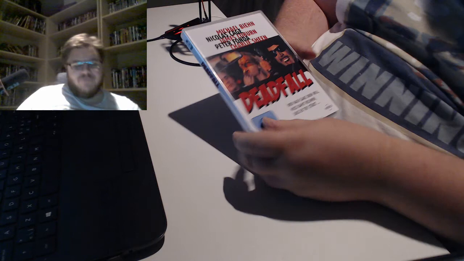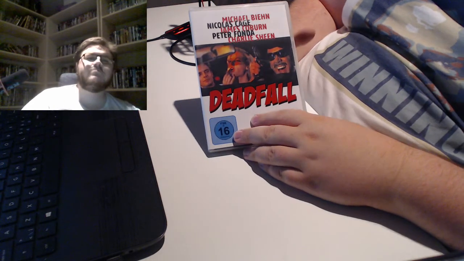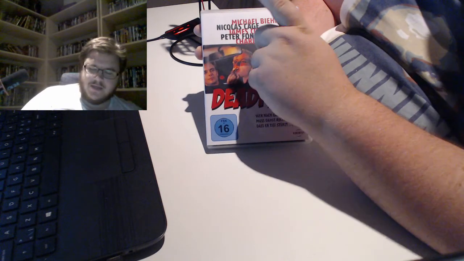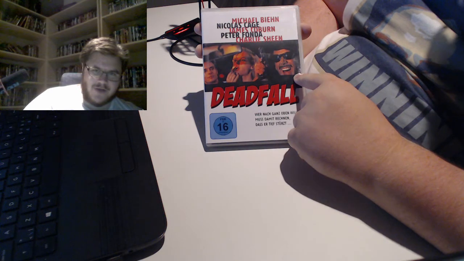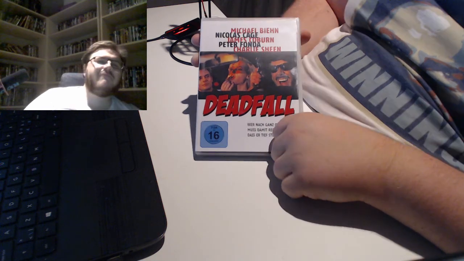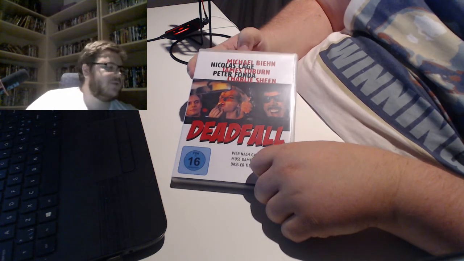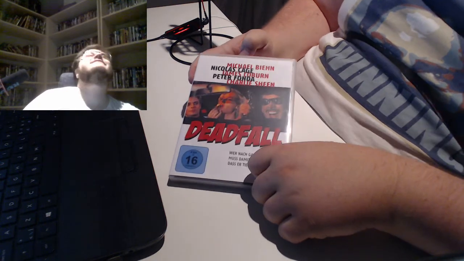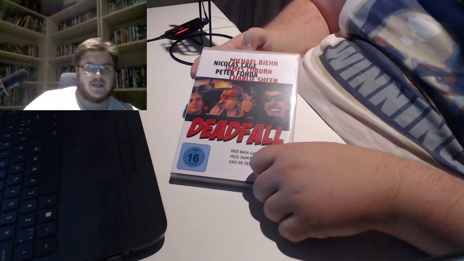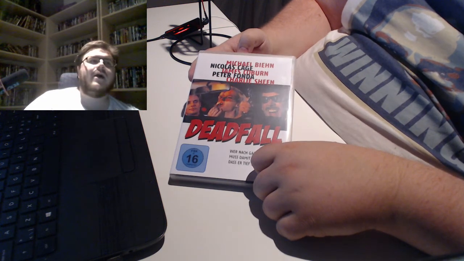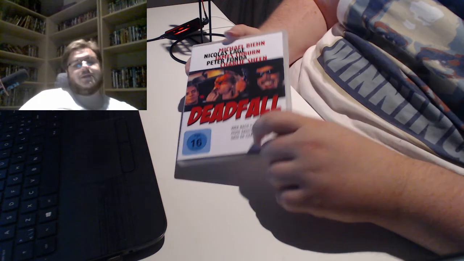Then we have Deadfall. Now, this movie is pretty bad actually. However, you see there? It said Nicolas Cage. Nicolas Cage, of course, gives one of his greatest performances of all time in this movie. He's only in like half of the movie. Spoilers, he gets killed off after half the movie. But he completely steals every scene he is in. He overacts even more than in Vampire's Kiss. This is absolutely amazing.